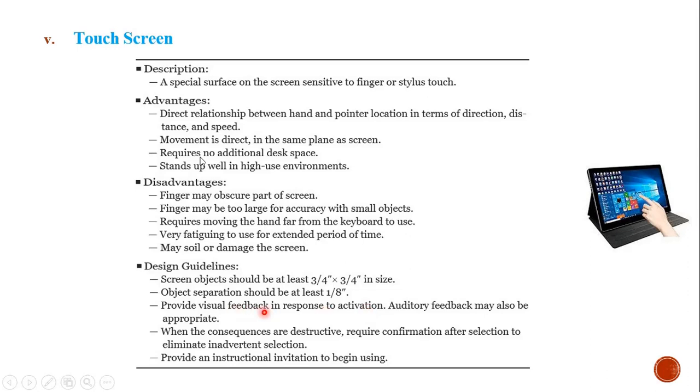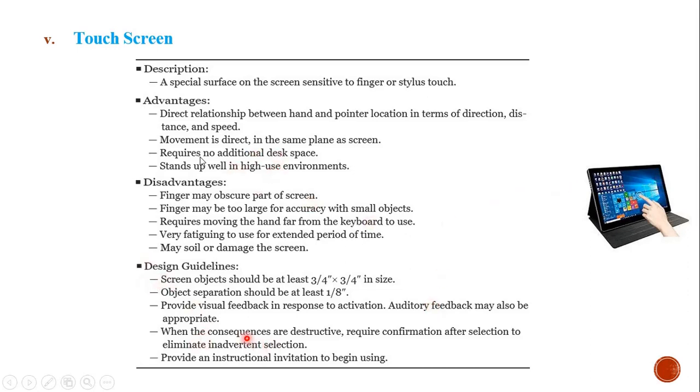So visual feedback may be, see, when you are using fingers, the system may give a particular reaction. Is it? Auditory feedback also will be provided on clicking certain areas on the screen. Auditory feedback or visual feedback. If the color, suppose if you are clicking on an icon, think that automatically that icon color may be changed. Okay, that is a visual feedback, or you can get auditory feedback also, while using this kind of touch screens.